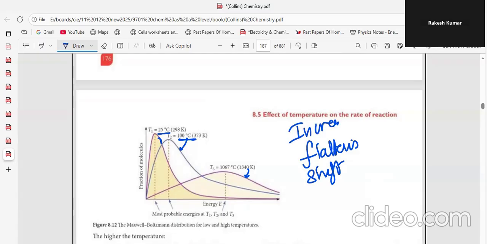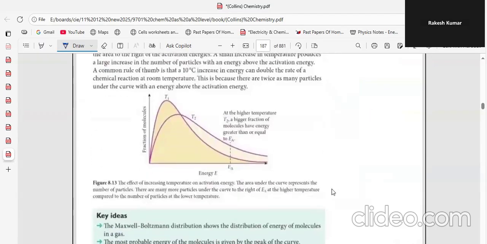Acha, how does that affect? You see, if you have something with this activation energy, and you increase the temperature, the curve is flattened. So initially only these particles had energy more than the activation energy. Now these many particles have energy more than the activation energy. So what will you say? You will keep this in mind and you will say if you increase the temperature,